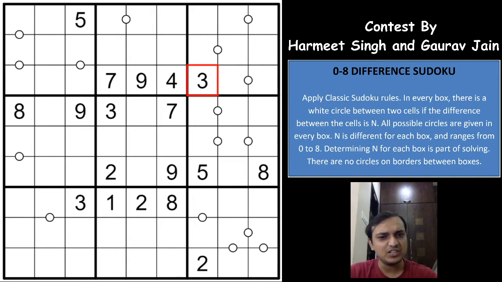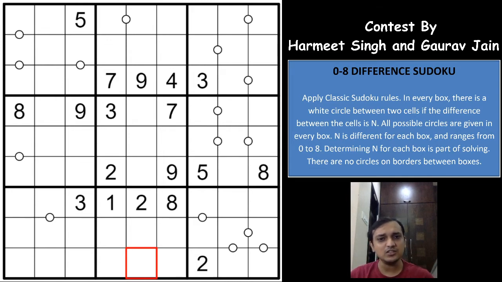So with that, we'll start solving this Sudoku. The first thing to look out for is that the 0 difference box won't have any circle in it, but there are two such boxes, right? Box 5 and box 8 have no circle in them, which means it is difficult to find out which one is the 0 difference and which one is the other one. So let us see if we can go the other way.